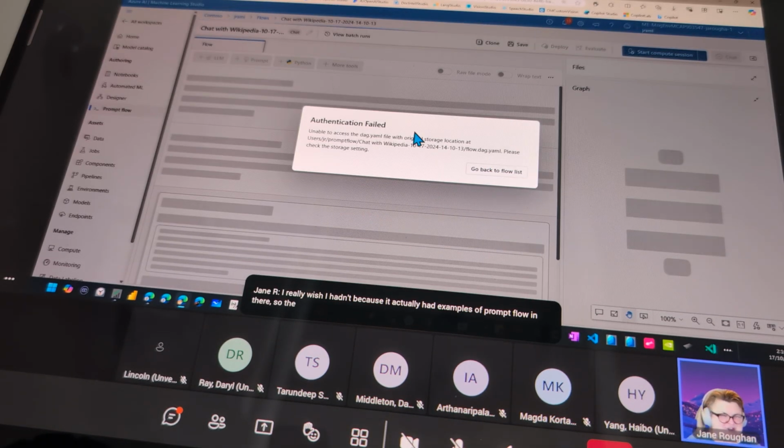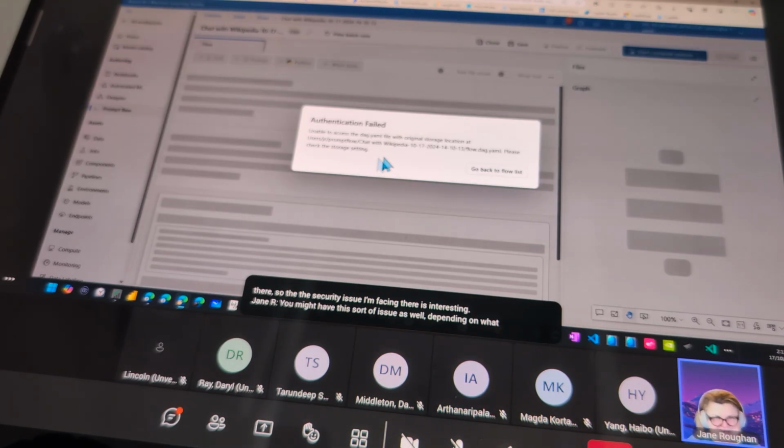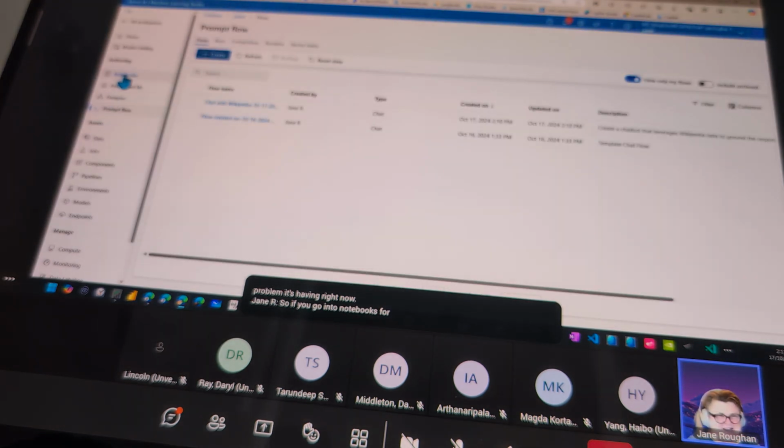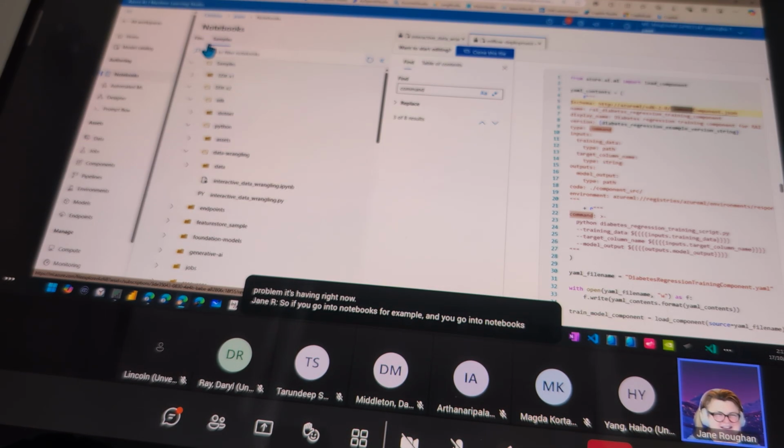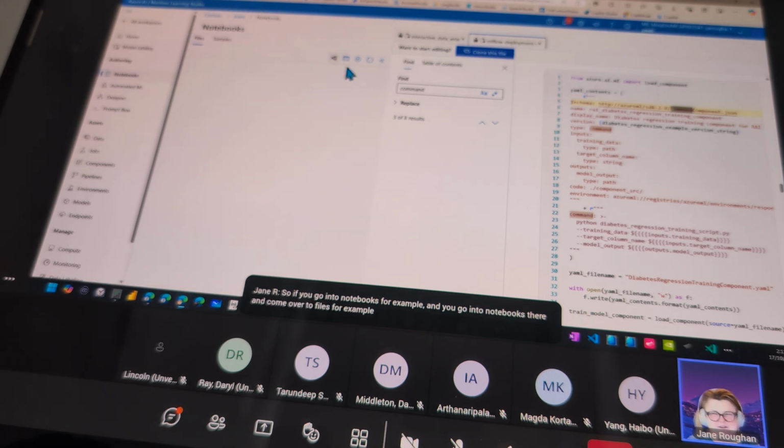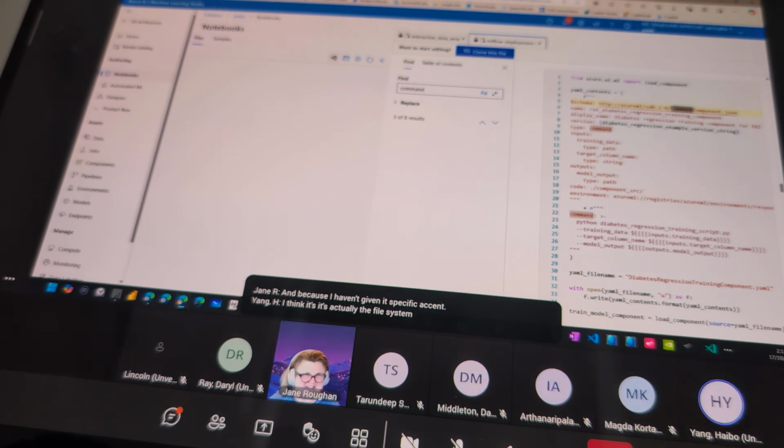So the security issue I'm facing there is interesting. You might have this sort of issue as well, depending on what your policies are at work. But with this one, it cannot write to the shared drive. And that's the problem it's having right now. So if you go into notebooks, for example, and come over to files, I haven't got a compute up and running, but you would see that it's using the internal storage. And because I haven't given it specific access, it's actually the file system behind that